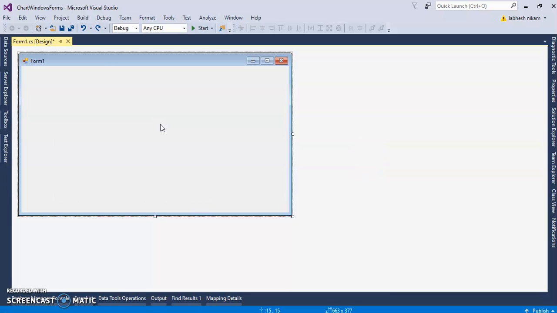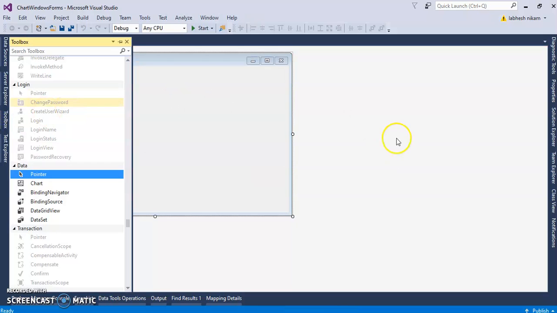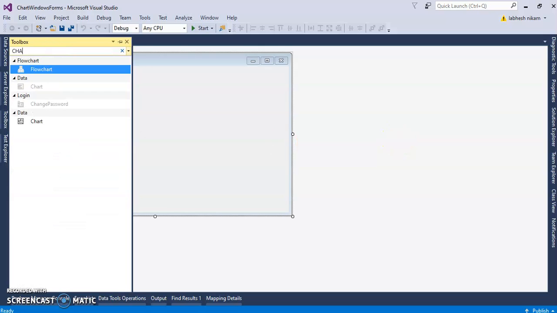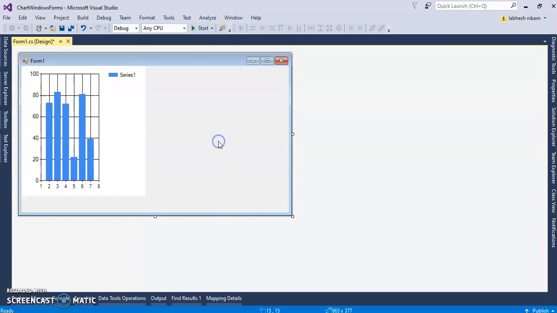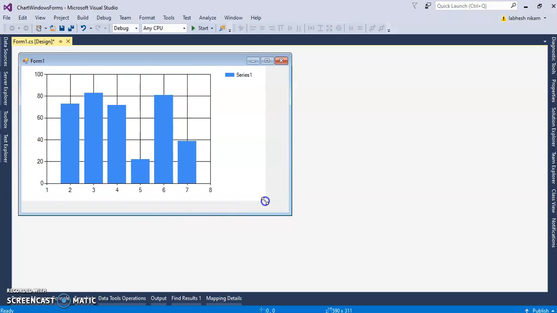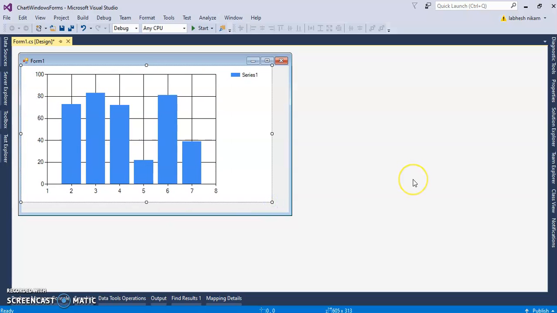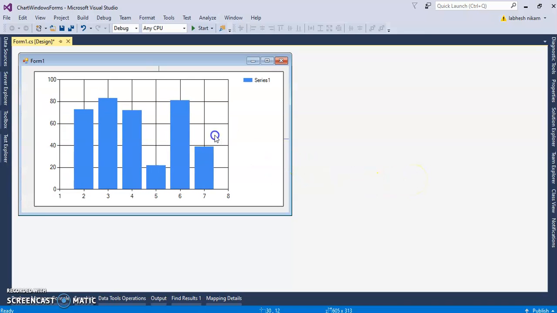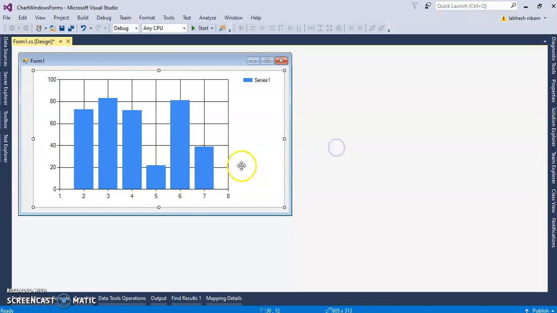I will delete this. Okay. So first I need to drag and drop the chart control from Visual Studio. Okay. So let's type the chart, drag and drop this chart on your window form. Okay. This is my window application, and when you drag and drop this chart control on your window form, that time